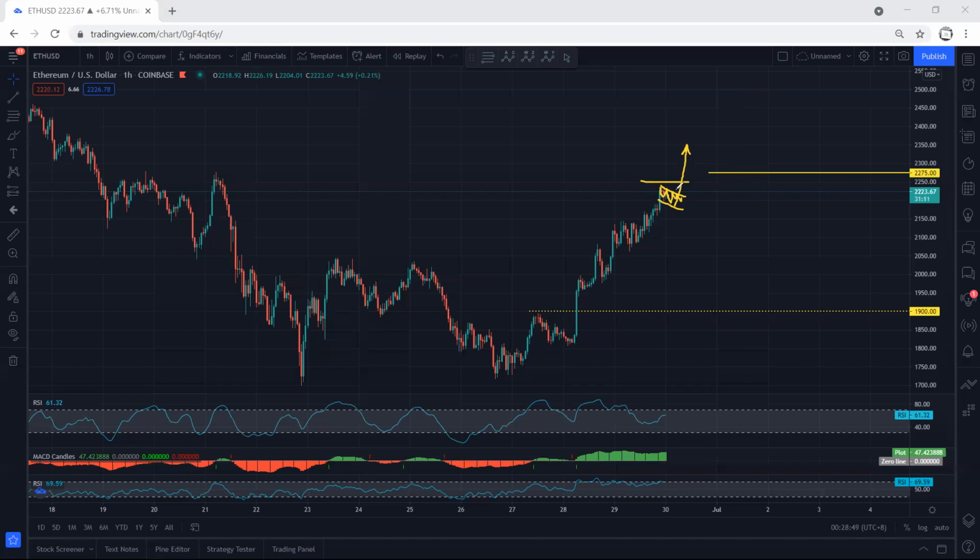If we see the continuation as a corrective move, not a sharp move, we are not going to keep it. If the price tags our entry and is not moving within the first or maximum second hour, we take out the trade. We are not going to keep the trade as long as the price hasn't broken the 2275. Now the only thing is whether we want to look for a buy from here or not,